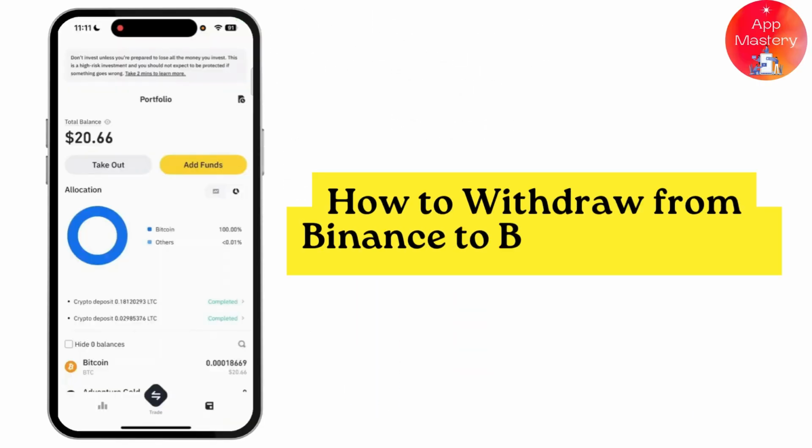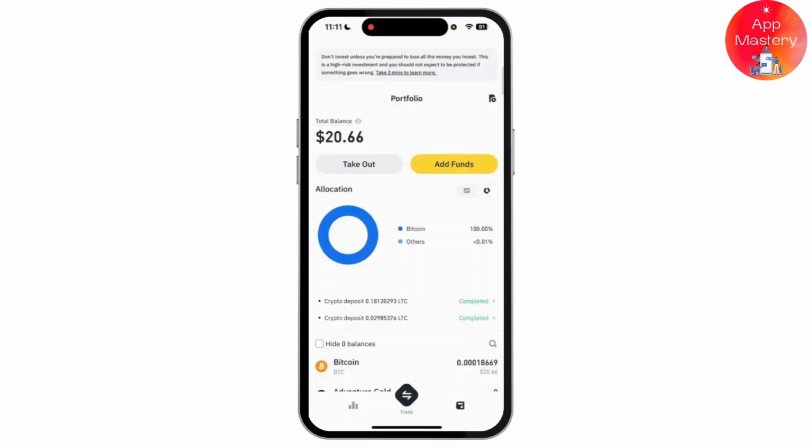How to withdraw money from Binance to a bank account. In this tutorial, we're going to see a quick and easy way to transfer money from your Binance to bank account. First thing you have to do here is go to Binance, and if you have your cash here,